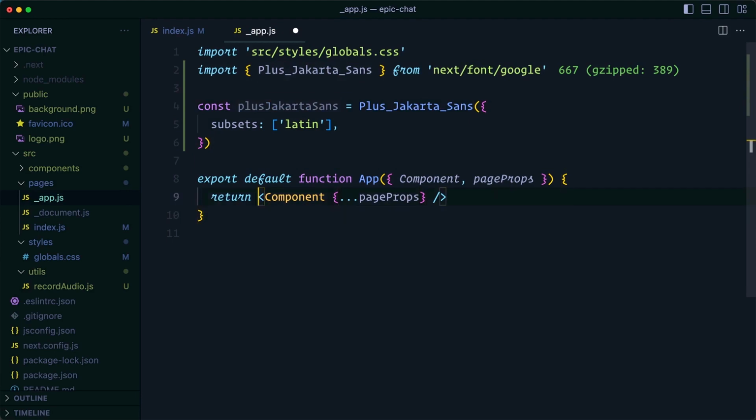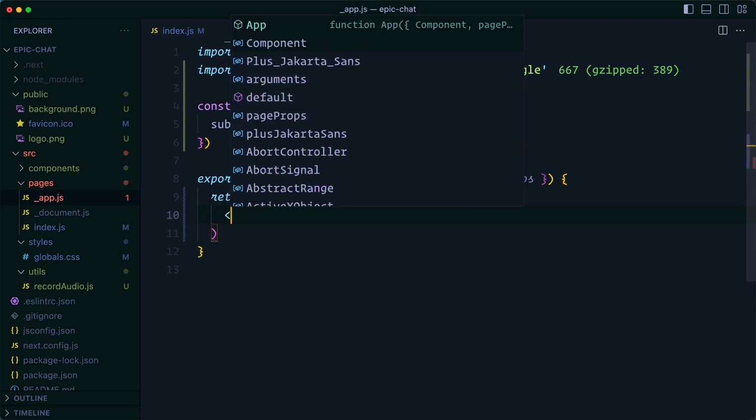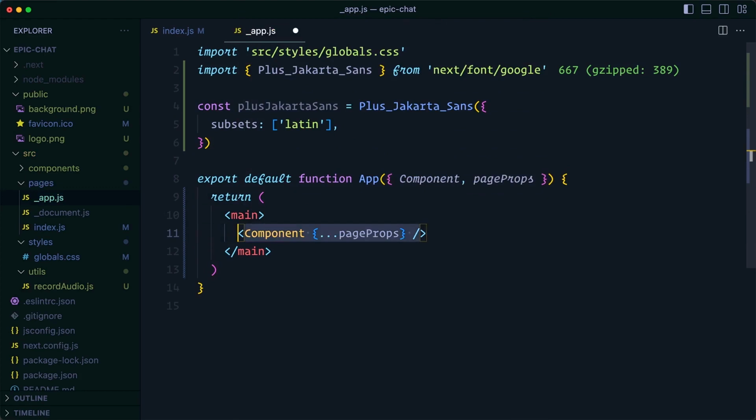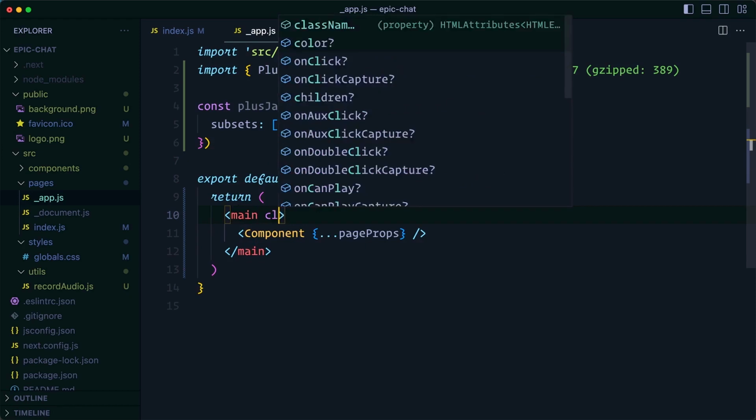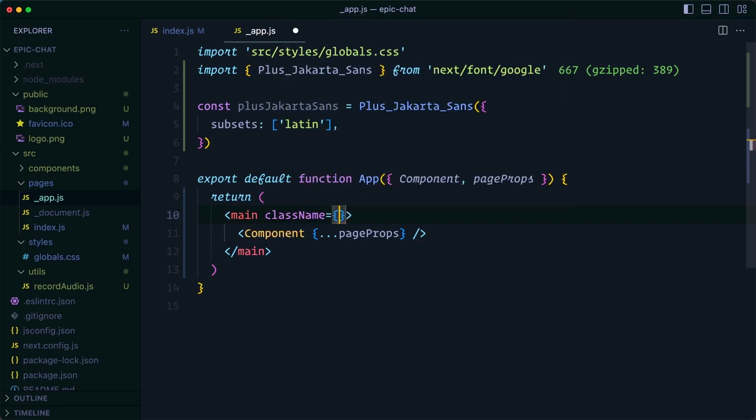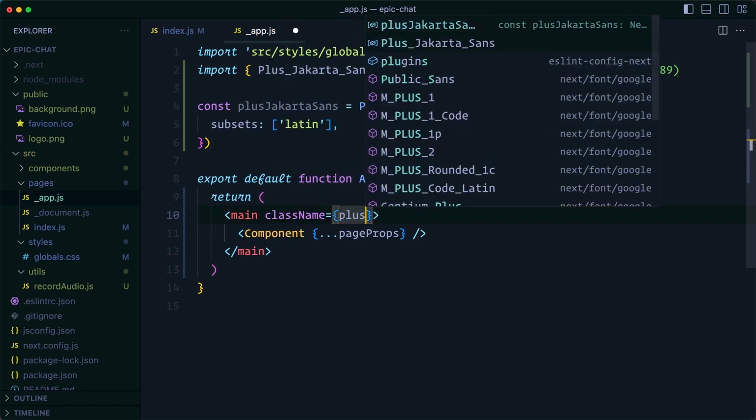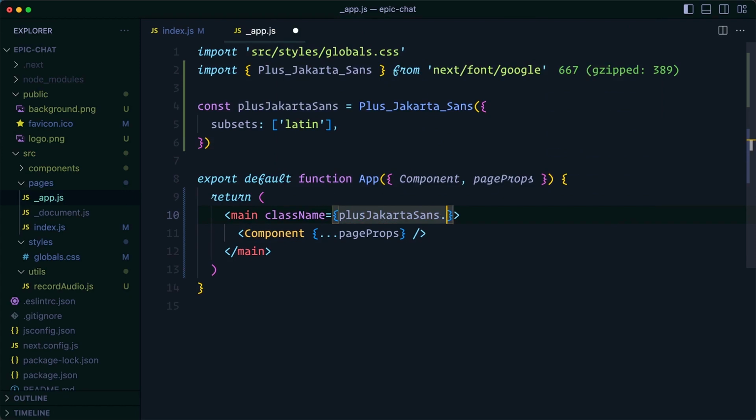And with this reference, we can now load our font very easily by first wrapping our component here. So I just copied the main component in our app. You can think of this app page as kind of rendering our whole component tree in our Next.js application. And I'm wrapping it in a main element. It really doesn't matter what element we choose. And we can set the className property to plusJakartaSans, or whatever the name of the font reference is, dot className. And now when we hit save and head back, we should be able to see,